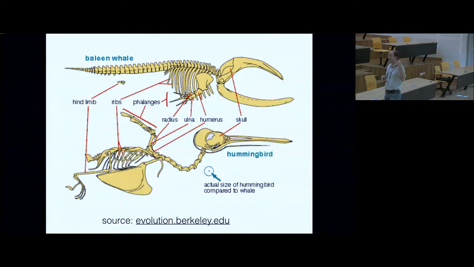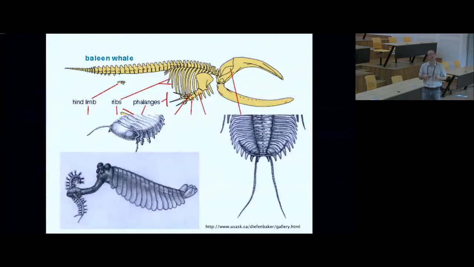So that's a problem for biology. How do you do that? How do you account for scaling? How are you making sure that the vertebrae are all the correct size? You don't want to make a vertebra for a whale the size of a hummingbird's, obviously. And how are you building this body plan, essentially?